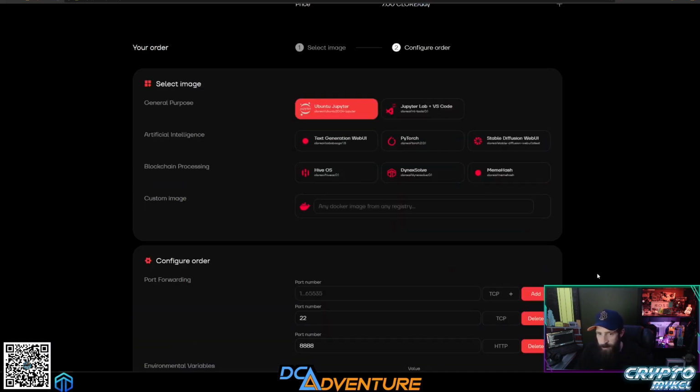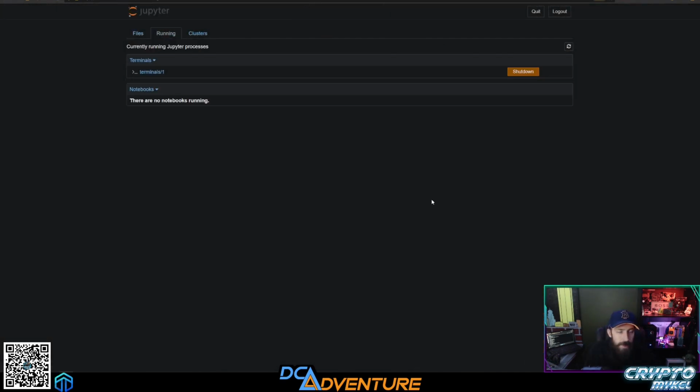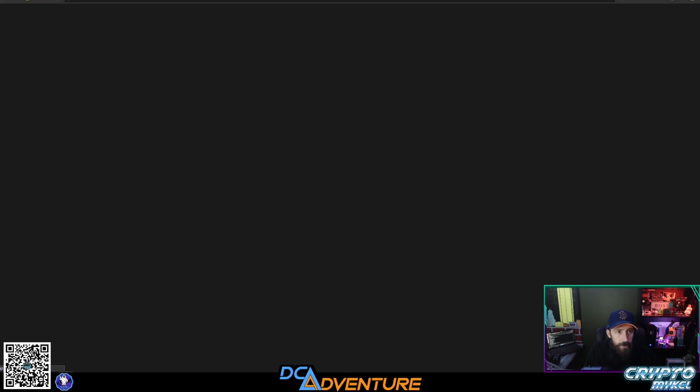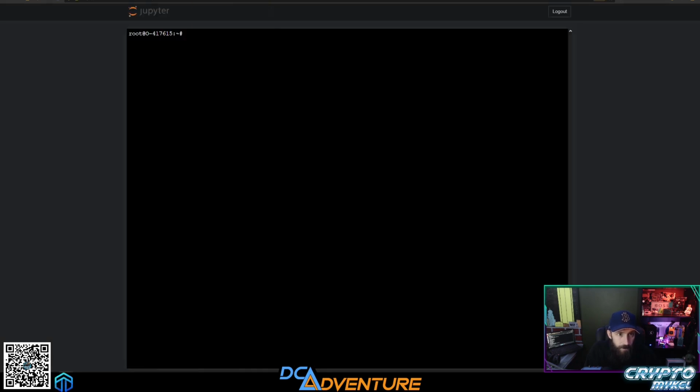I'm going to select something a little bit different, so that way it's not the same thing, but you have the drift, right? So let's hop on into the next step, getting the ore miner up and running. So we'll go back to files, go to new, terminal. All right, so we're at the terminal. Now all we have to do